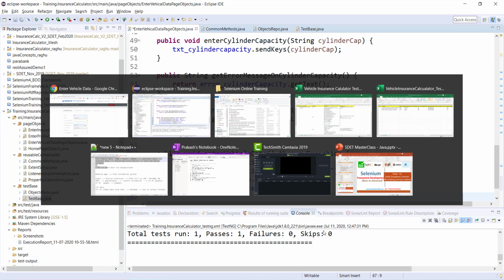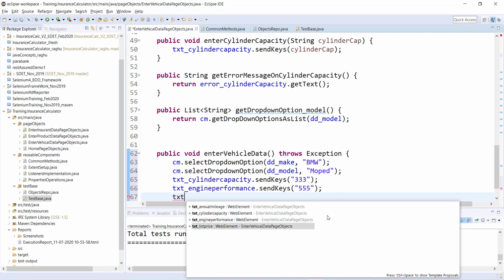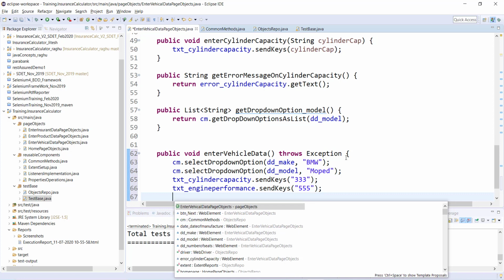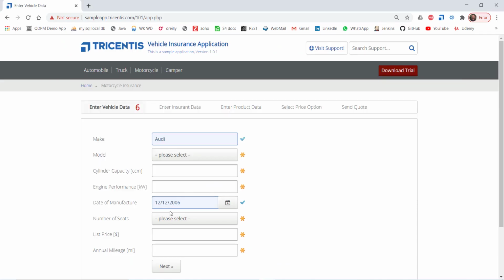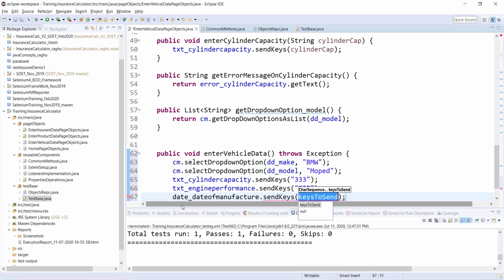Okay, but in this case, since it is working, I'm not going to spend time. So it is date of manufacture dot send keys, and let's say I want to send this particular text.